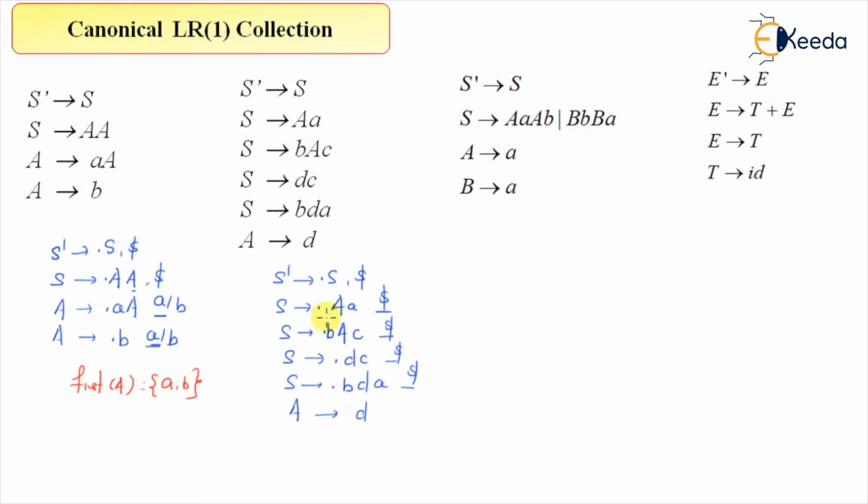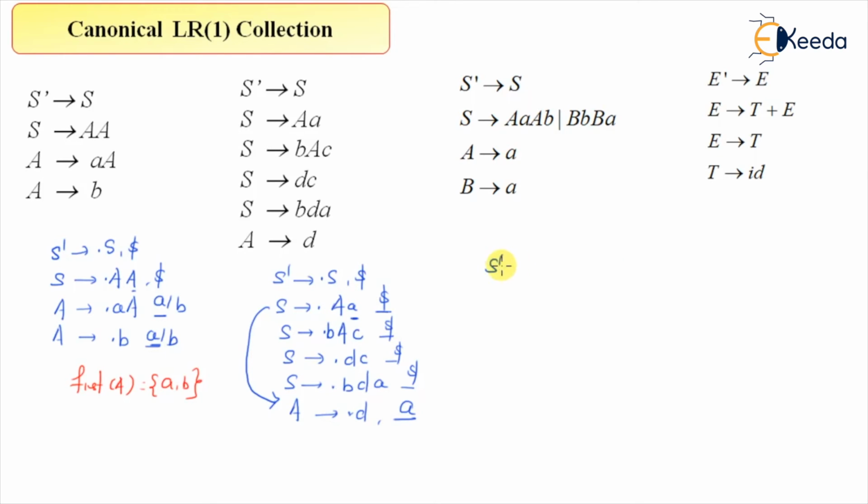Now dot is in front of A, and I will add the production A derives dot d, and here I have to write a symbol, following the rule for S. This is the closure operation, and that's why A derives dot d is being added. What is before, again I'm not interested. After A, what is this symbol? Terminal, non-terminal, nothing? This qualifies as terminal. So I will write that terminal as it is over here, and that will be one of the states of your LR1 collection.